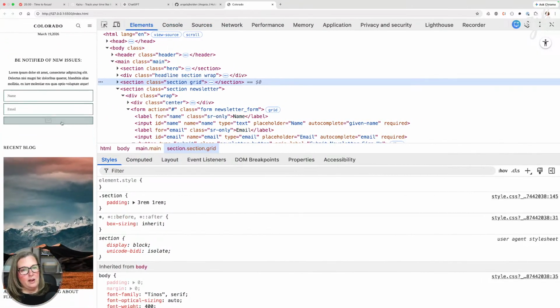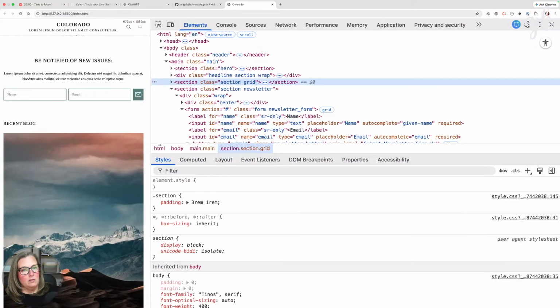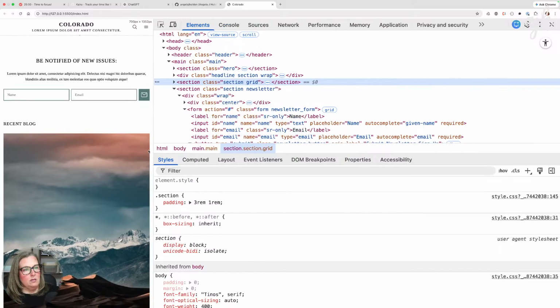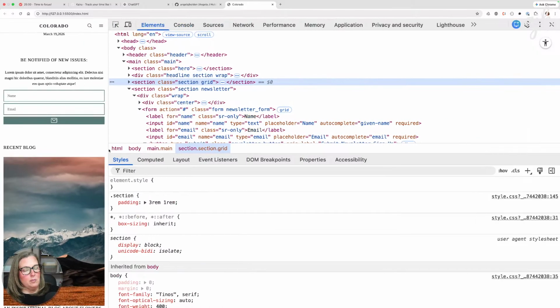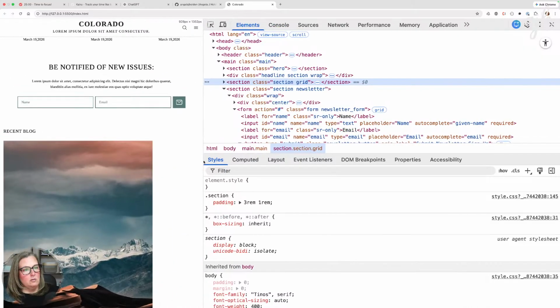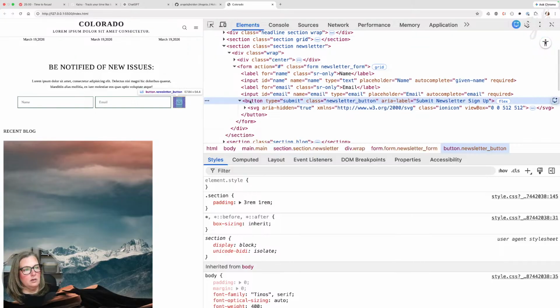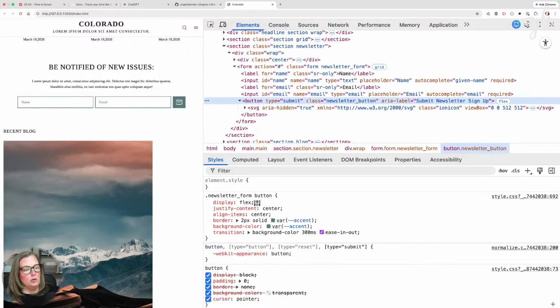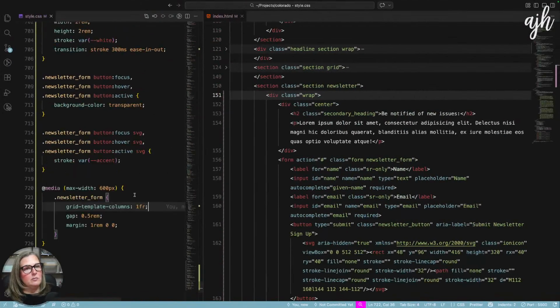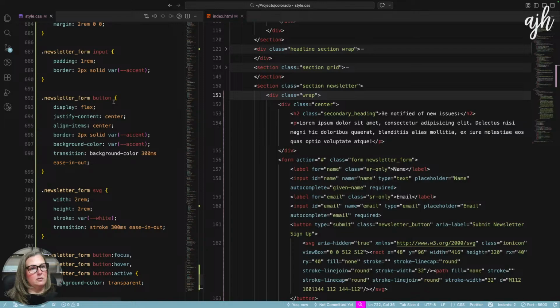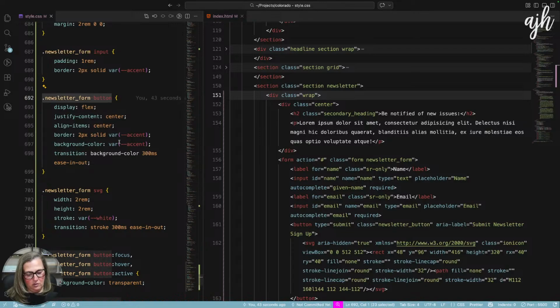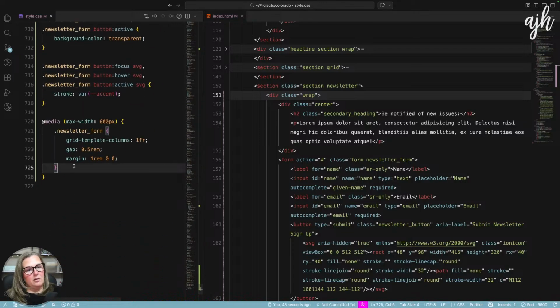Let's make sure that we have a little bit of padding on this button, but only on mobile. So right now we have 0 padding on this button, and that's part of our global styles right here, padding 0. So let's make sure that that button has padding, but only on mobile.